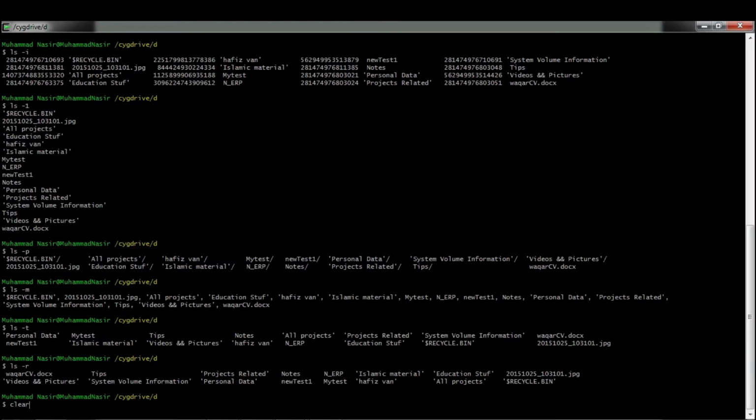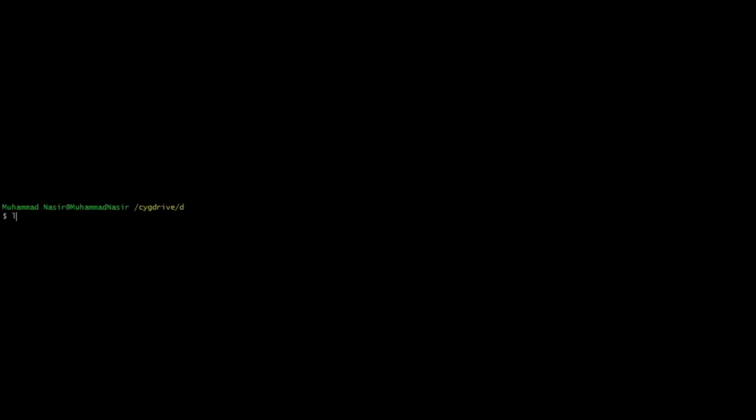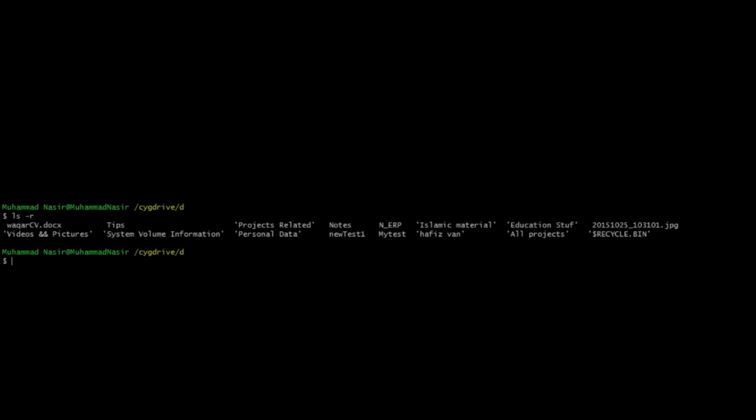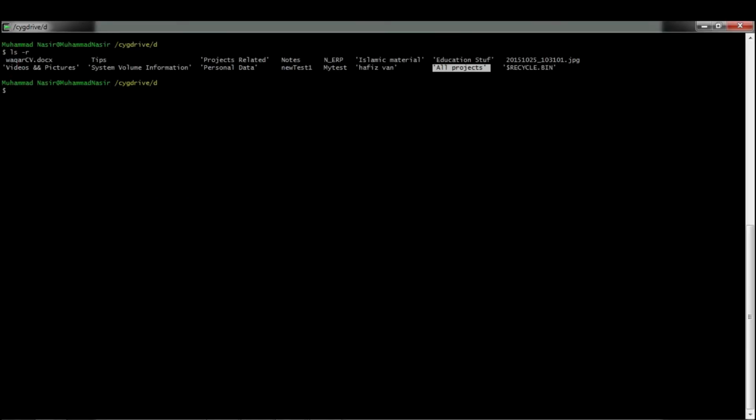So first I cleared my screen, and now we will try the ls -r command, and it shows all the files in descending order, reverse order. Okay, you see that W, then T, and at last A. This is basically a system file listing, so it is just for all our computer files, which are displayed at A, then H, then M, and so on. Okay, now I hope you understand. So now I move to the next ls command,